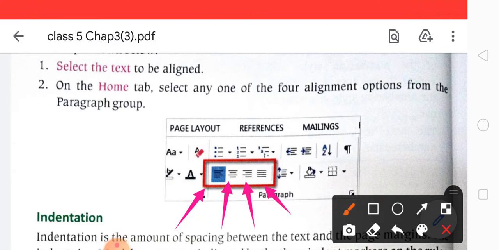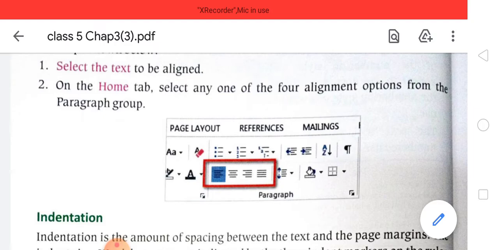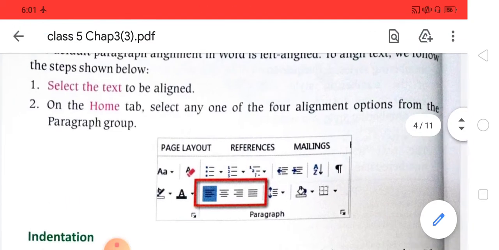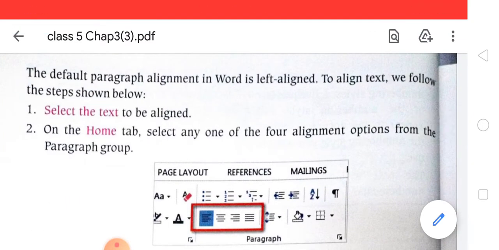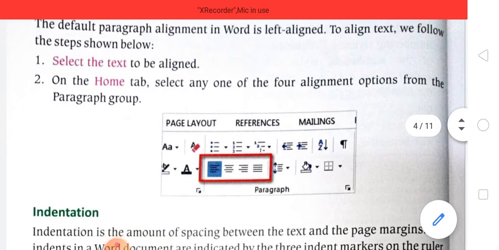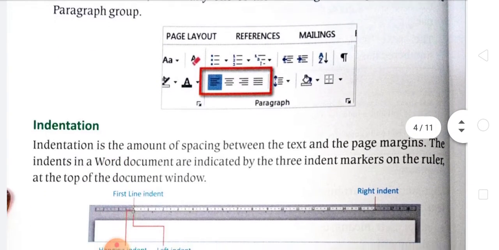So this one is left alignment, this one is center alignment, this one is right alignment, and this one is justified. Okay, so this is the process to put alignment on the selected text.